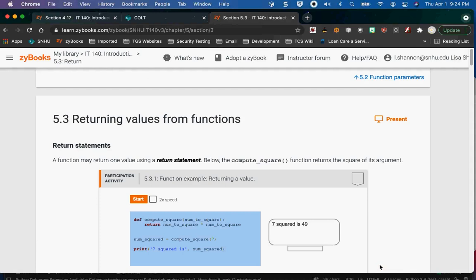So, return values. We've just figured out how to get information into the function. Now we have to find out how to get information out of the function, because that's just as important. I'm not always just going to put my information out to the console. I might want to get information back that maybe I pass to another function, or do something else with. I make a decision based on it,